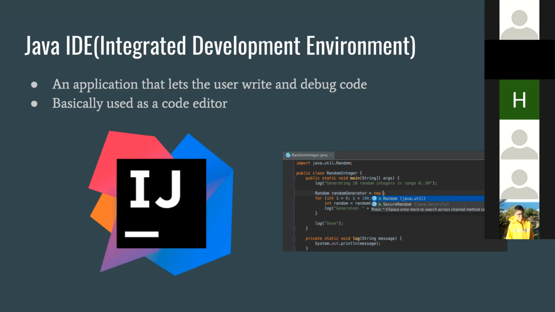So it's an application where you write the source code, where the user actually writes the code that they want the computer to interpret. So there's many types of IDEs. There's IntelliJ, there's BlueJ as well. So if IntelliJ isn't working for you, then there's a lot more options that you can use as well. So yeah, these environments just make it easier for programmers like us to be able to write code.